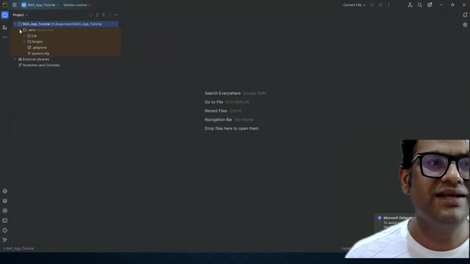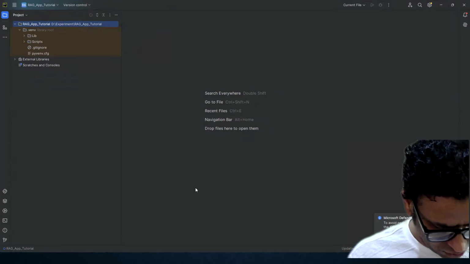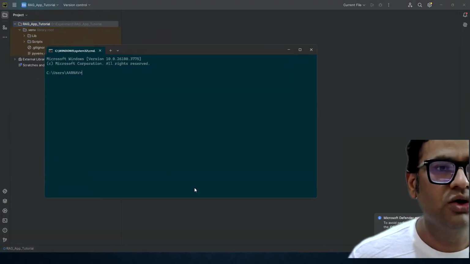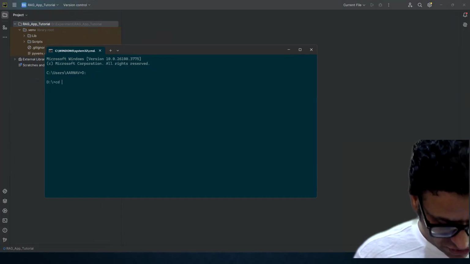Once you create this, you automatically get your virtual environment created. But if you do not use PyCharm and you want to run through the command line, what you can do is,